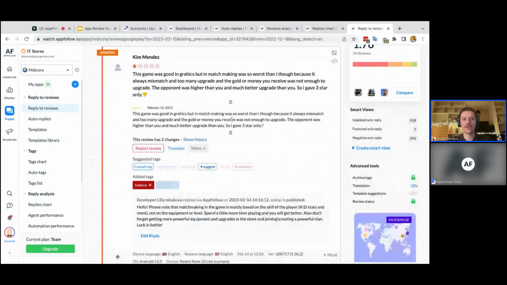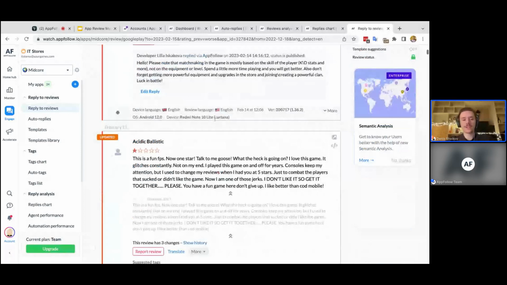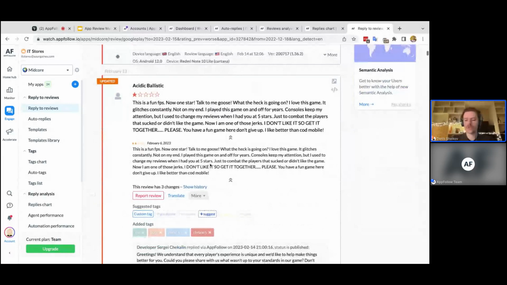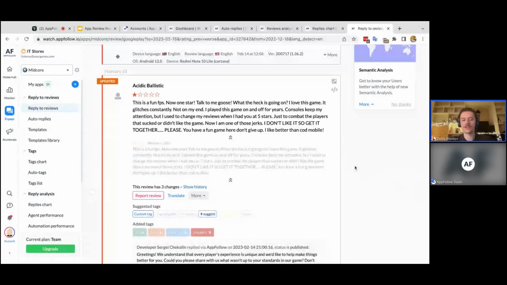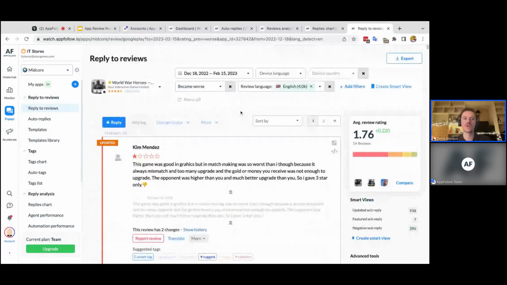You can see that from my perspective, most of the time the text of these reviews is pretty much the same. Usually the issue wasn't resolved on the app developer side, or it can't be resolved in such a short time, like in a week, for example, or people are just not satisfied with the monetization, with the ads inside the app, so the usual things. But still, using these filters that we have in AppFollow, like where it became worse, became better,